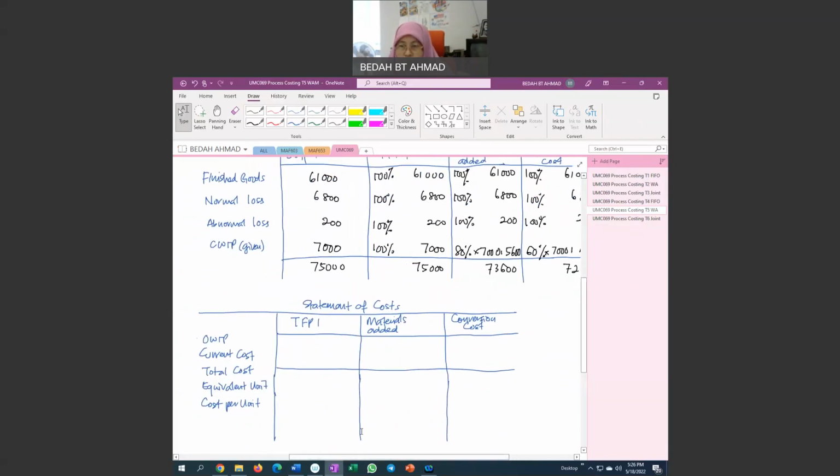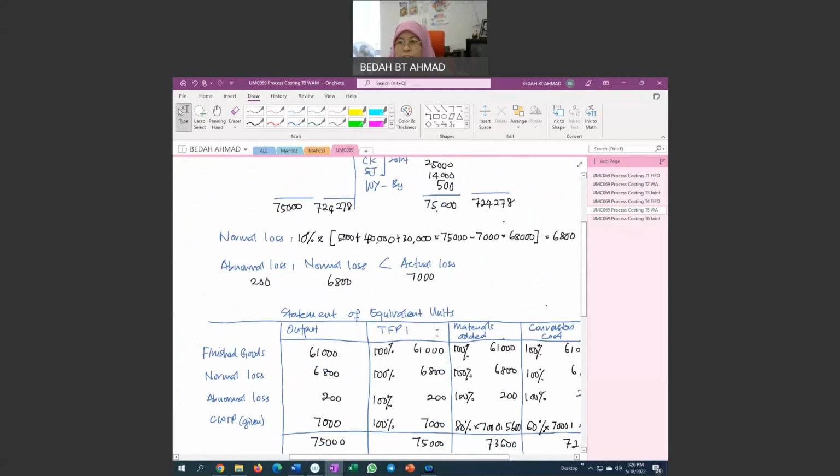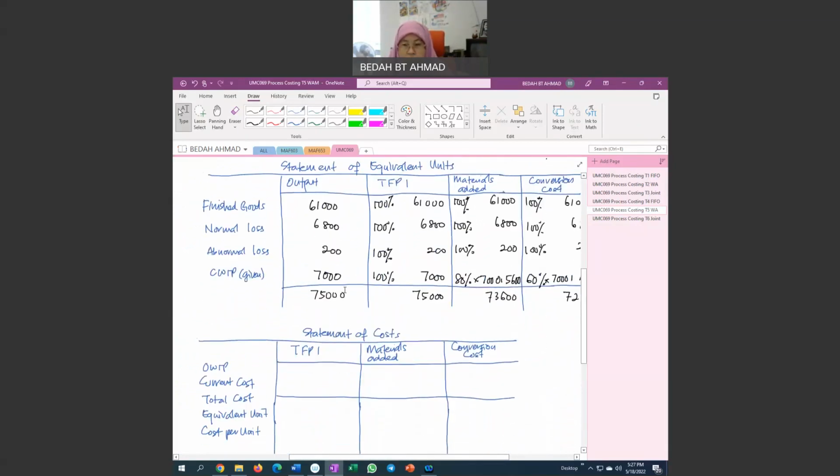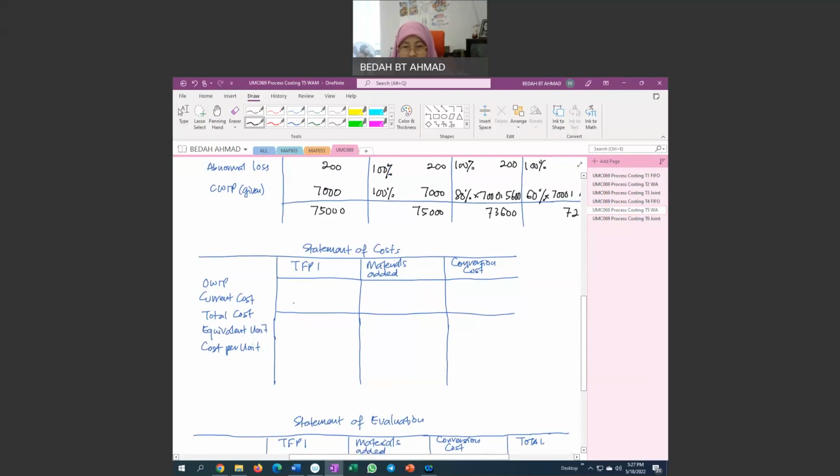So the statement of cost, we transfer all the information. So you need to break into the opening work in progress and the current cost. So the current cost we may get from our process account, which is transfer from process one, 240,000, and materials is 240,000 and conversion cost is 160,000. Okay, so we put it first for the current cost, 240,000 here, and the conversion cost is